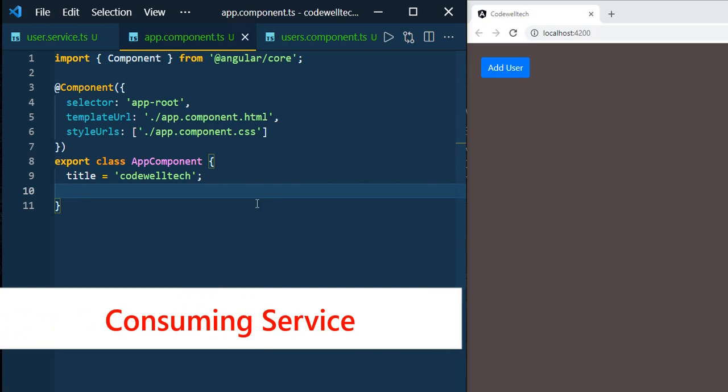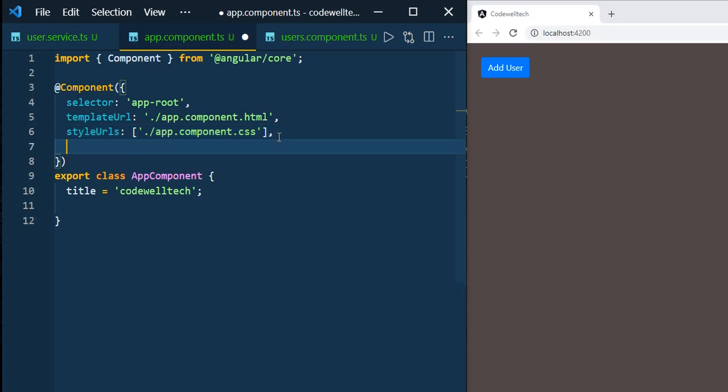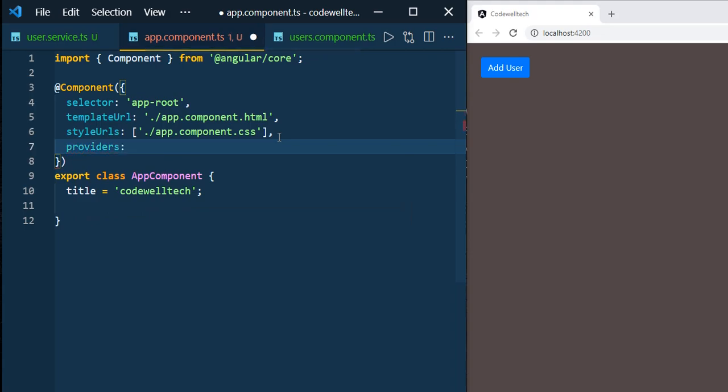In order to use the user service in the app component, we must add it to the providers array of the component. So the component metadata provides the property called providers, and this providers takes an array of values. And before we use it here, we have to import it first.